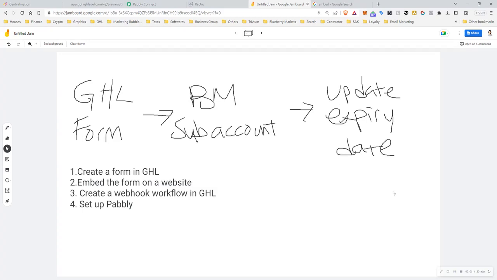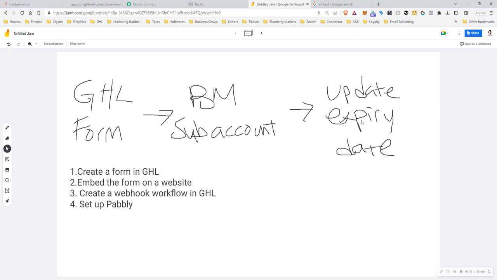Hello, this is Sandy. In this video, I will share with you how you can integrate Go High Level to Boomerangme and create a sub account and also update the expiry date to whichever how many days that you want for the trial user. So the flow will go from Go High Level form submitted and then through the connections, then the Boomerangme will create a sub account and then you wanted to ask the Boomerangme to update the expiry